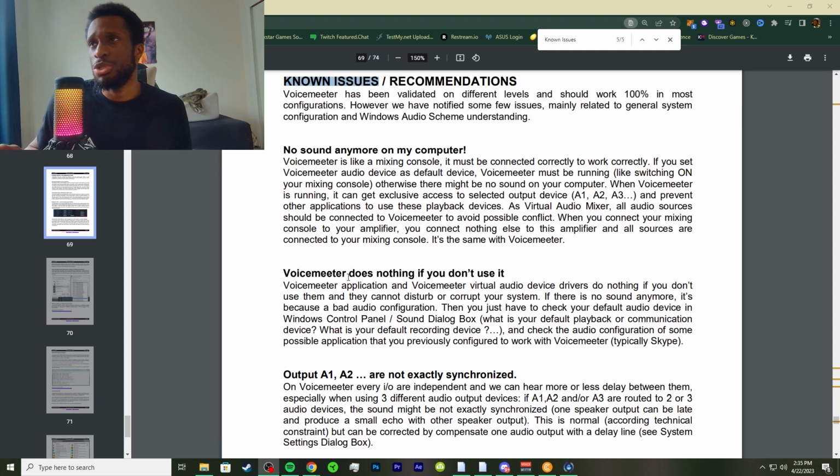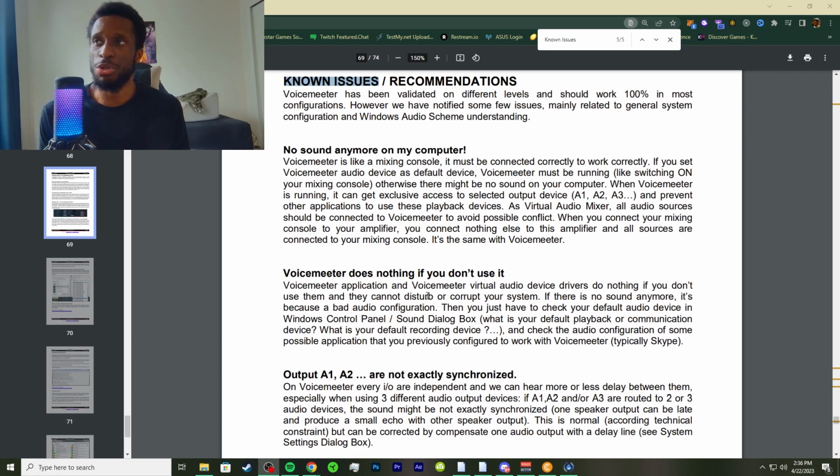Voicemeeter is like a mixing console, so it must be connected correctly to work correctly. If you set Voicemeeter audio device as the default device, Voicemeeter must be running, like switching on your mixing console. Otherwise, there might be no sound on your computer.